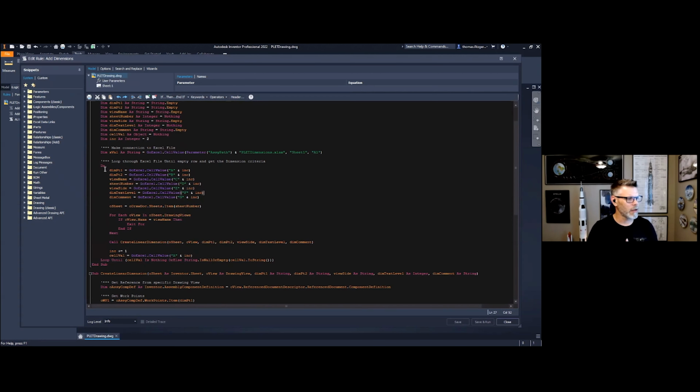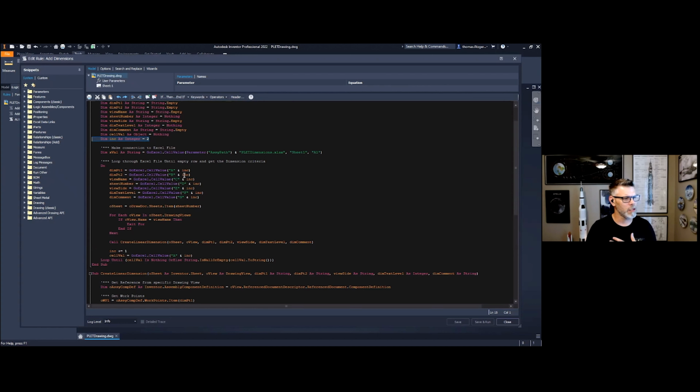So to break this down, what am I going to do? I'm going to go to an Excel spreadsheet. I'm going to read values within particular cells in my Excel spreadsheet. I'm going to pull those values in, and I'm going to populate some variables that exist within my iLogic rule, okay? So the first thing I'm going to do is right now I've set this increment to number 2. So in this case, it's going to loop through this Excel spreadsheet and it's going to go to cell A2 and it's going to get that information.